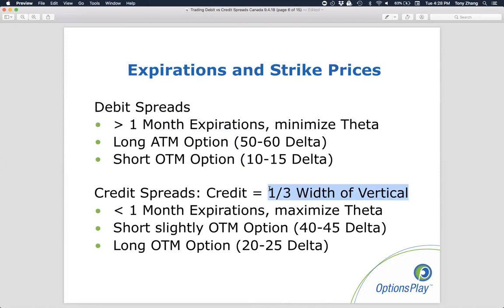That helps you figure out exactly how far apart the two legs of the spread are, but also how far away those two legs are from the current price. Generally speaking, if you stick to this rule of thumb where you collect one-third the width of the vertical, you're going to find that you need to sell a slightly out of the money option. So about 40 to 45 delta is usually where you want to start as a starting point,